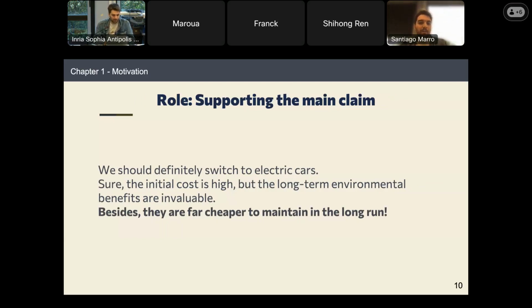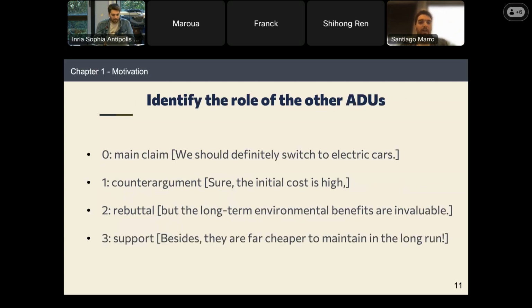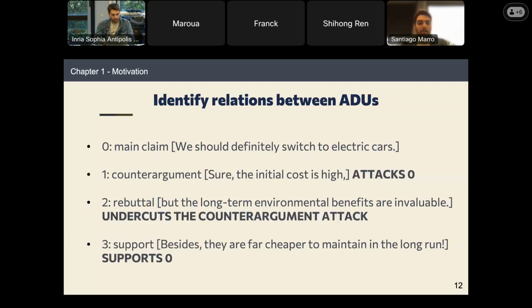So we see that there are different types of roles and different types of components. What we do in argumentation mining is assign them these labels. So 0 is the main claim, 1 is the counter-argument, the second is the rebuttal, and the third is a support. But this also shows us that there are relations between all of these components.